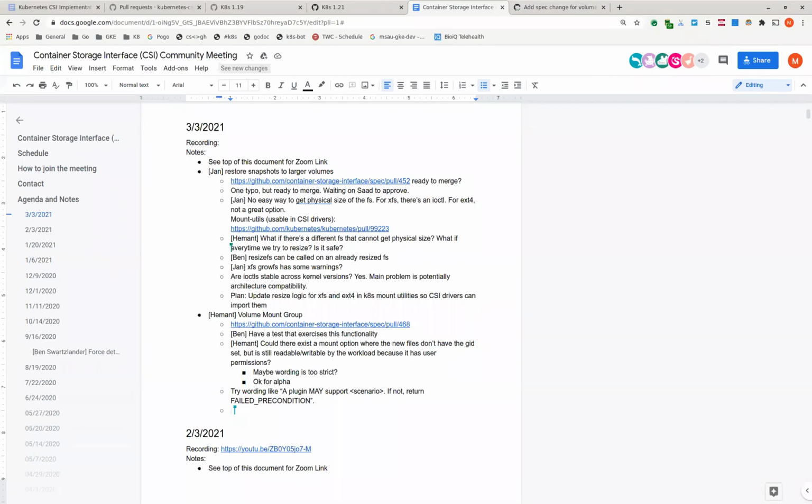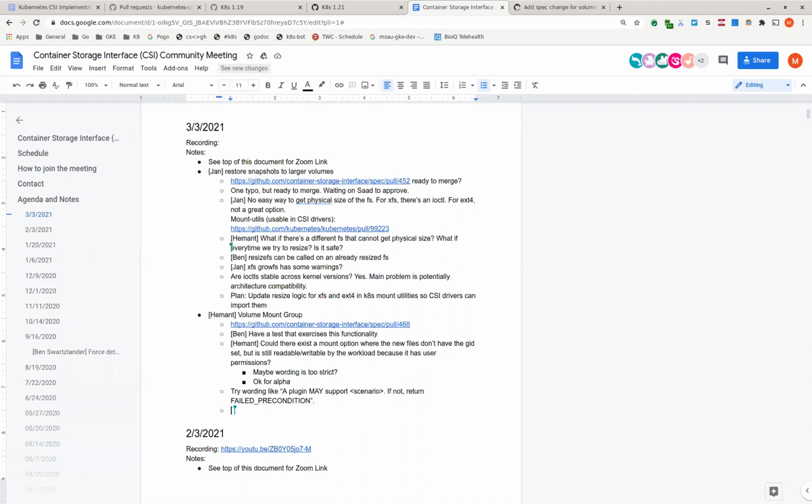If we restrict the wording so that all node publish calls use the same mount group, we still have to update the error handling. There's an already exists error case. I'm just trying to think, if we restrict the mount group thing, are we reducing the complexity of the error handling?